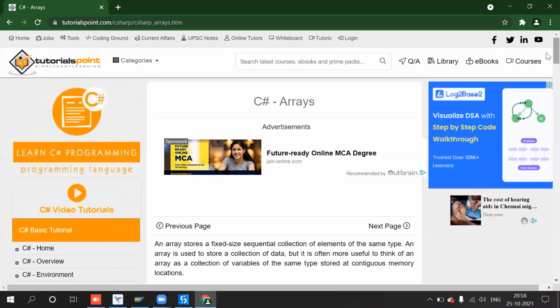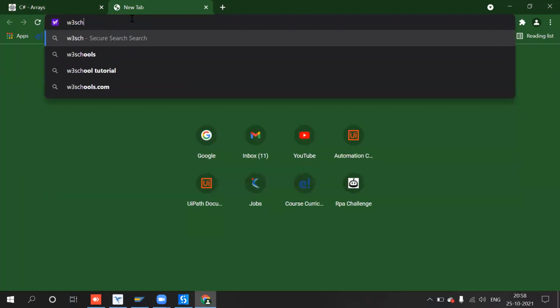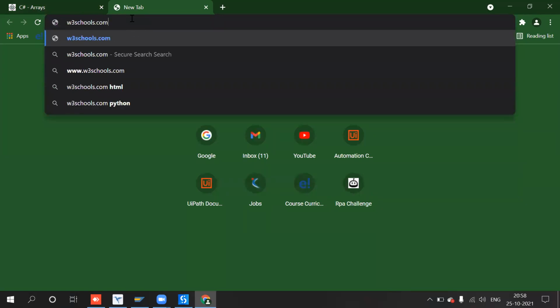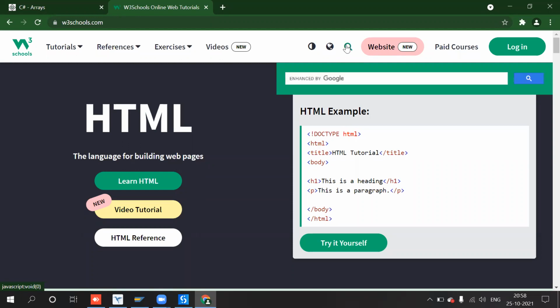Refer to only 1 or 2 sites. Tutorialspoint is one, then W3Schools. This is also very good, for beginners. This is one of the very good sites, where I search for VB.